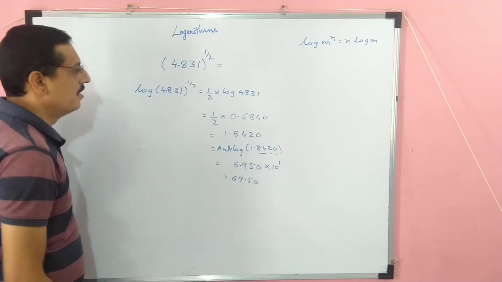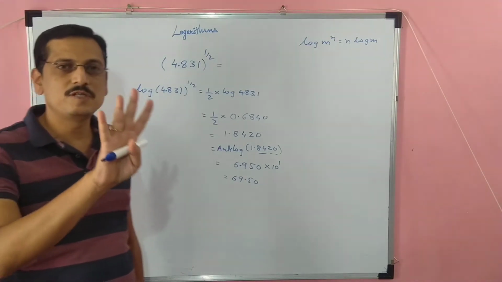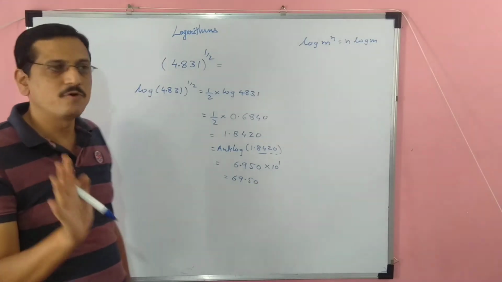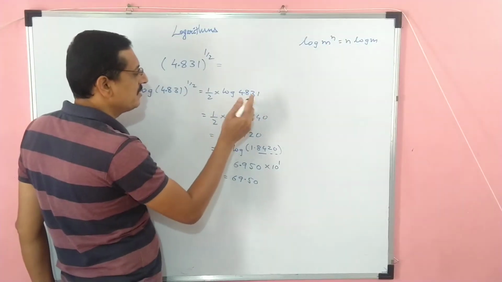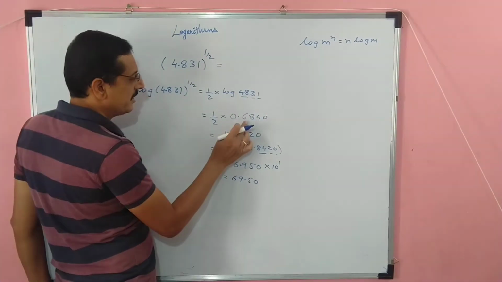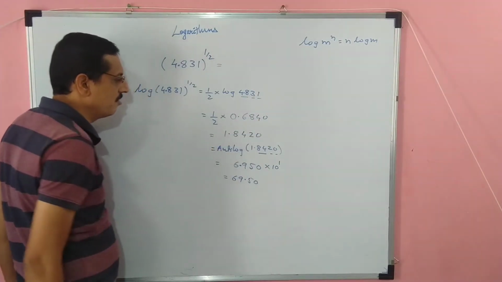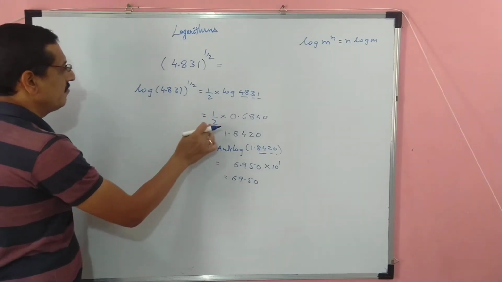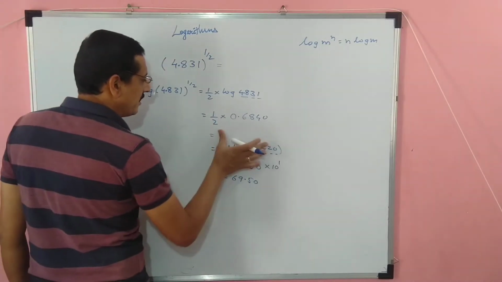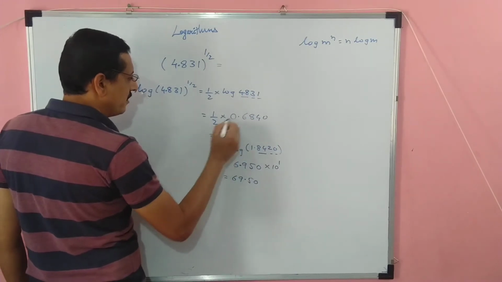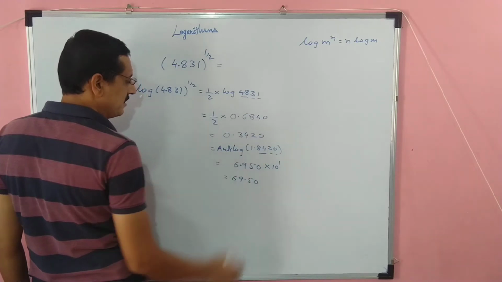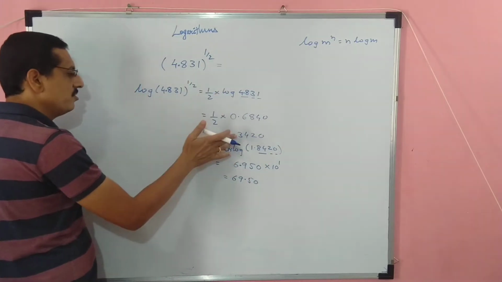Now while checking the mantissa, we want only 4 digits. Don't worry where the decimal point is. So it is 4831. So how will we read it? 48 in 3, difference 1. Then it is 6840. Now again I have to divide it by 2. So if I divide it by 2, 2 3s are 6, 2 4s are 8, 2 2s are 1. It is 0. So this is the solution of it.